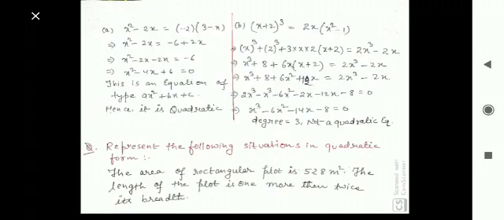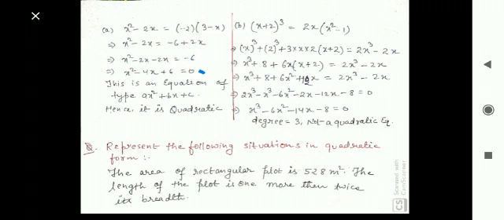It is x square minus 2x equals minus 2 multiplied by 3 minus x. So it is x square minus 2x, multiply minus 2 into 3, so minus 6, and minus 2 multiplied by minus x, so it is plus 2x. Minus 2 into minus x is plus 2x. Now it is x square minus 2x, just reverse this minus 2x on this side, so it will be x square minus 2x minus 2x minus 6. So just solve these equations, we will get x square minus 4x plus 6 equals 0.